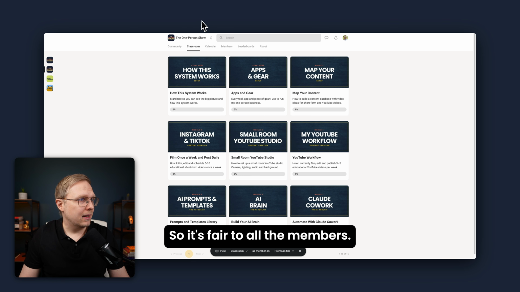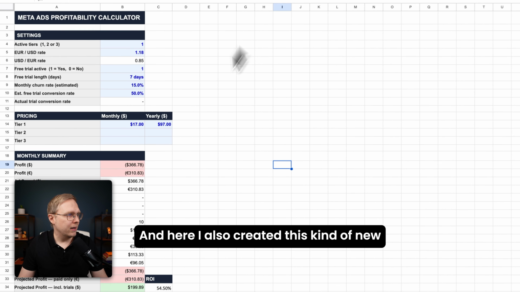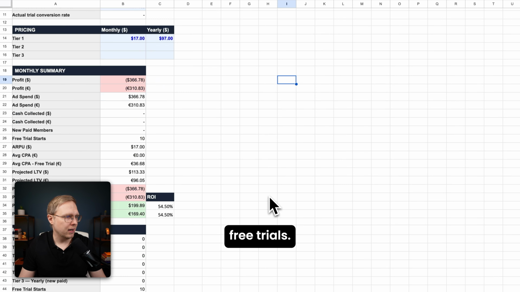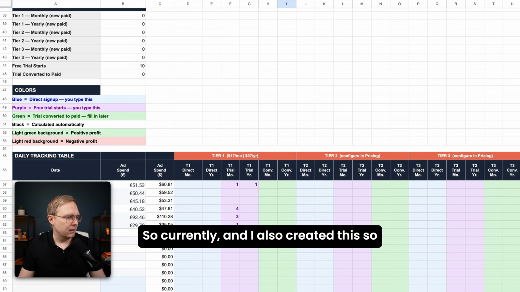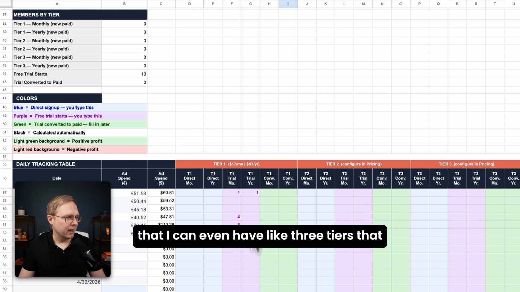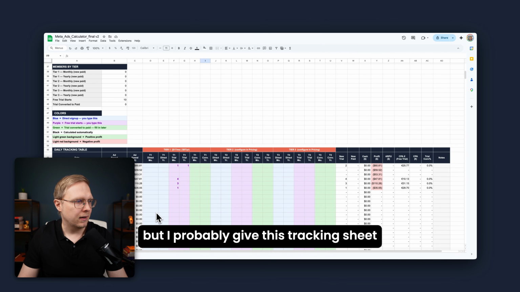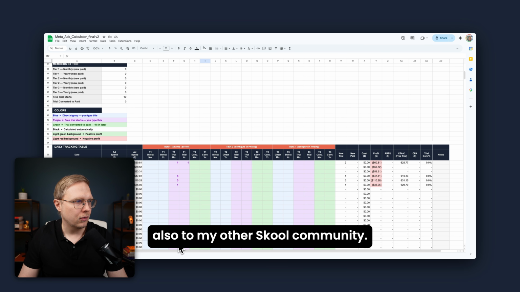And here I also created this new meta ads tracking sheet so I can track these free trials. I also created this so that I can even have three tiers that Skool offers, but I want to stay in the first tier. But I probably give this tracking sheet also to my other Skool community,